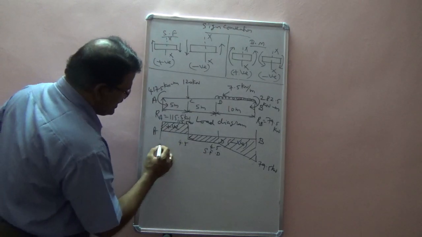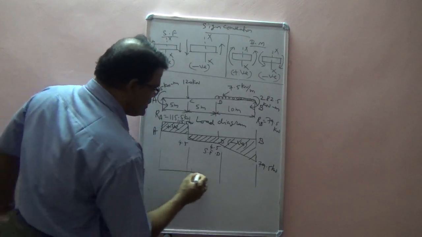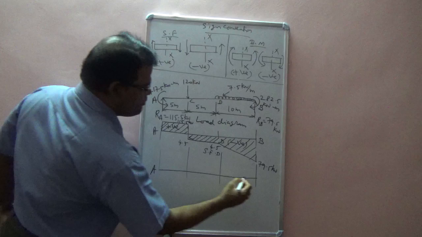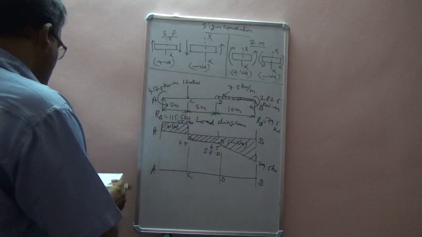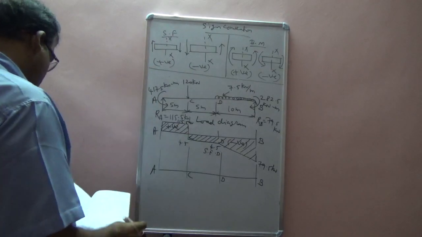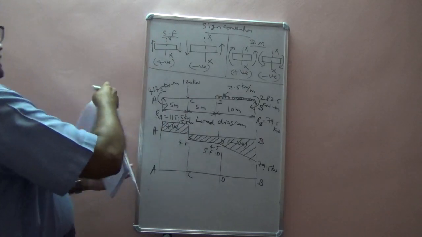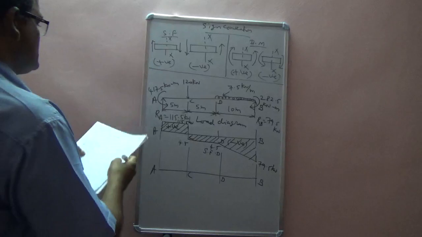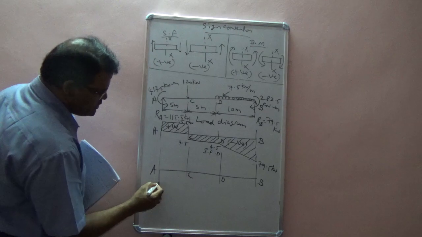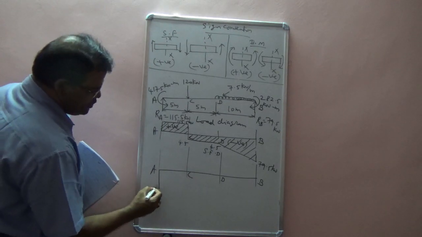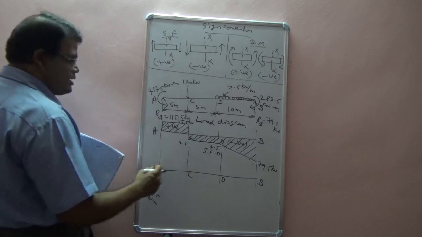Next we will draw the bending moment diagram. Again project all these points, okay, like this. So this is the baseline A, B, C and D. So what is the bending moment at A? Again go to the previous sections whatever we have made. So bending moment at A is minus 417.5. So it is minus, therefore I am drawing right side bottom. So it is minus 417.5 kilonewton meter. This is the right side.